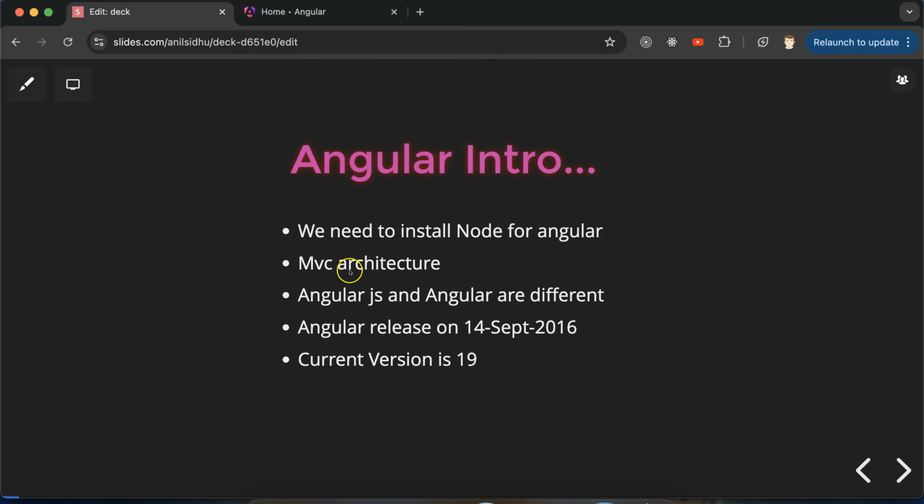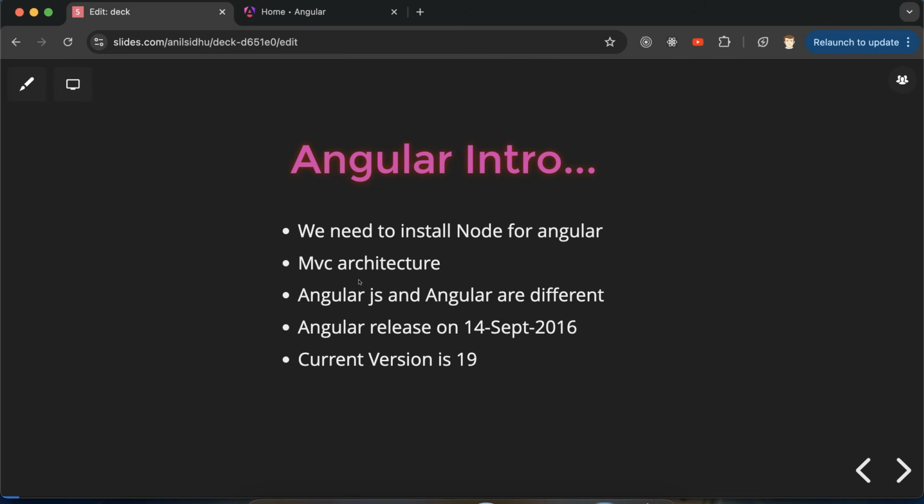And Angular basically follows the MVC architecture. So what is MVC architecture? I will create a separate part on this topic because that can be asked in interviews. But let me tell you the full form of this, which is Model View Controller. And there are lots of other architectures also, similar to MVC, like MVVM and others, and they are used